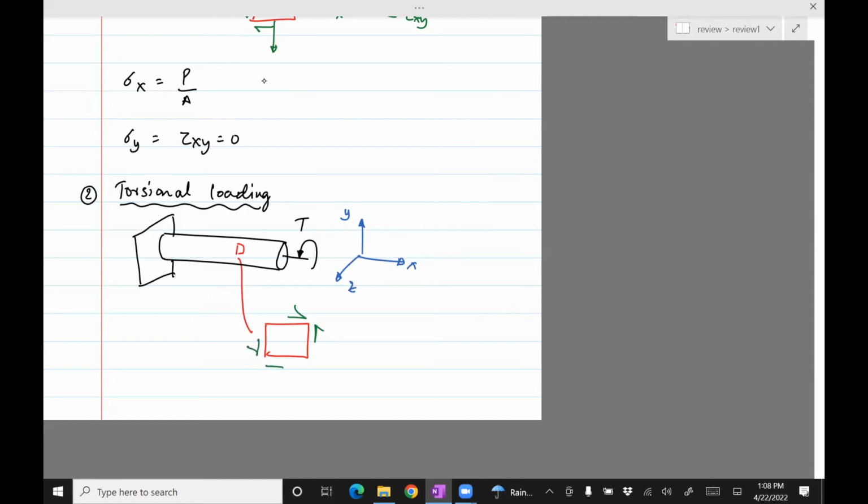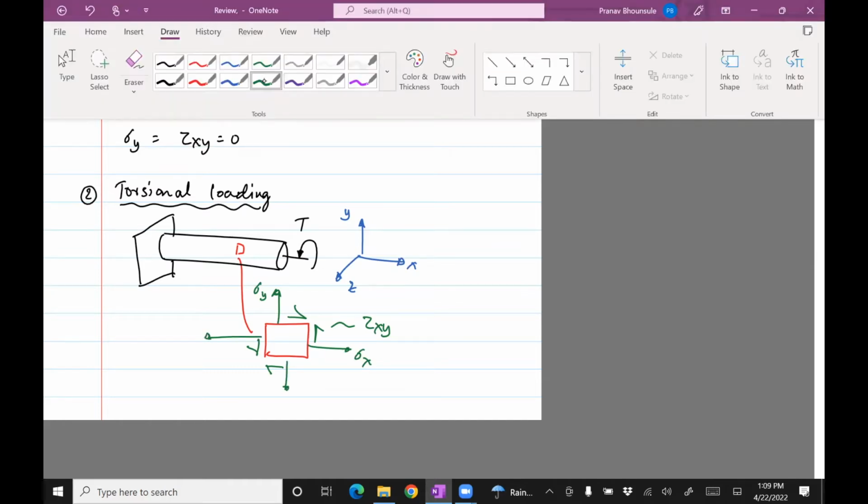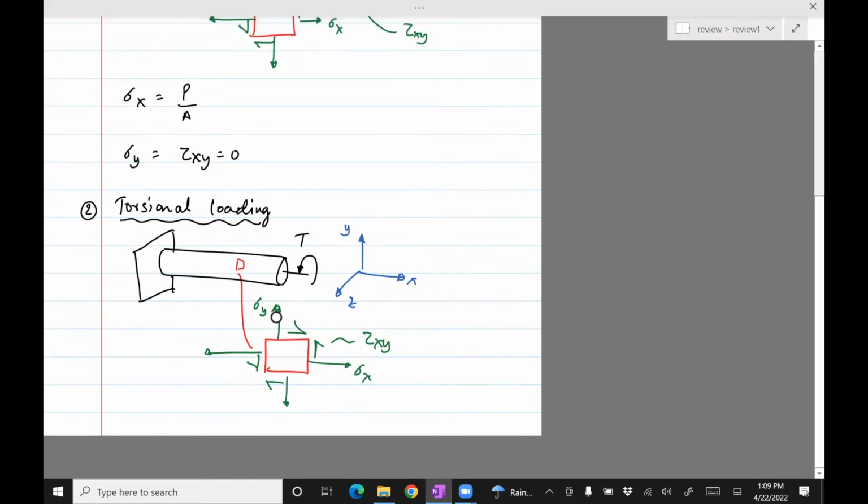You can draw the shear stresses like so. Tau xy is in this case not 0. In fact, the other stresses will be 0. Sigma y, sigma x. And I won't bother naming them, but they are sigma x and y. So sigma x equals sigma y equals 0, but the shear stress is not 0,